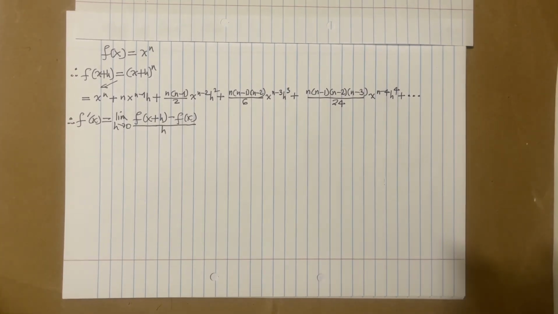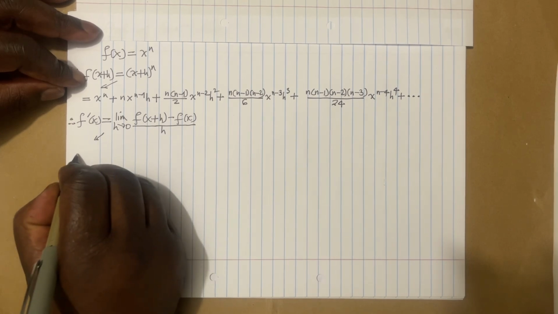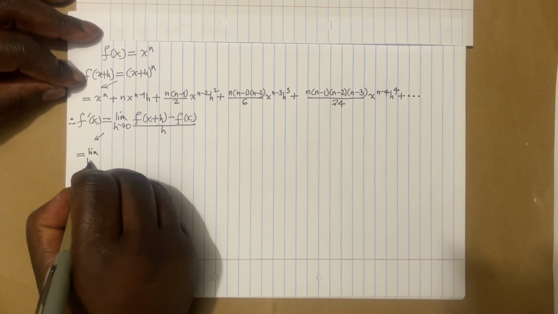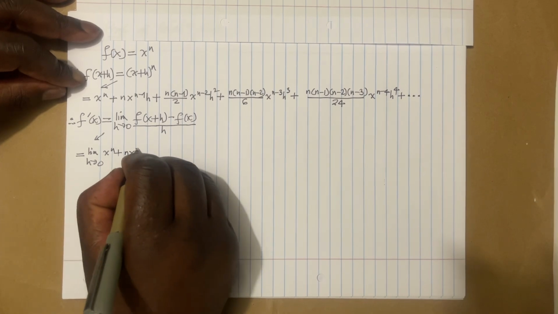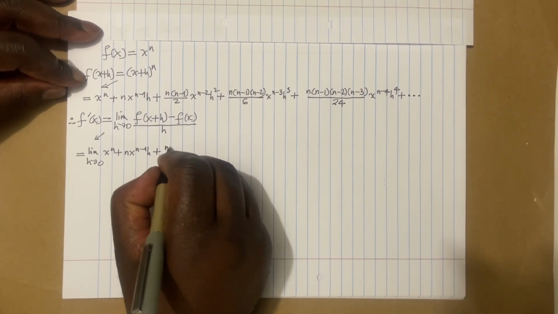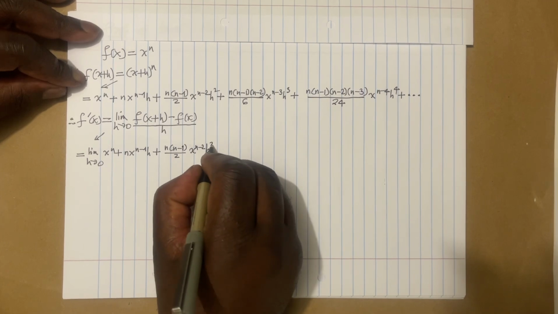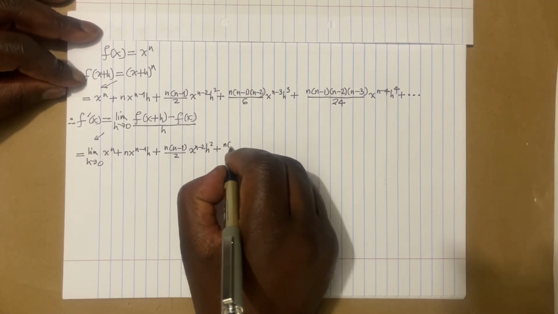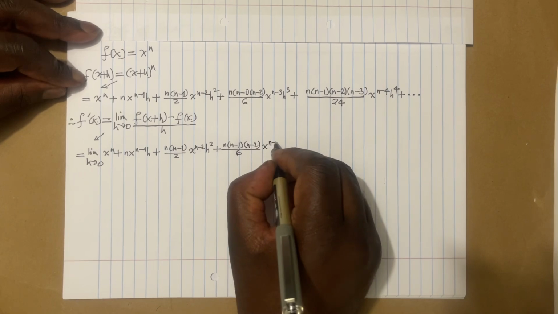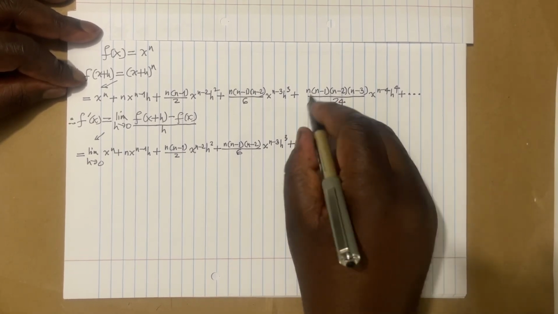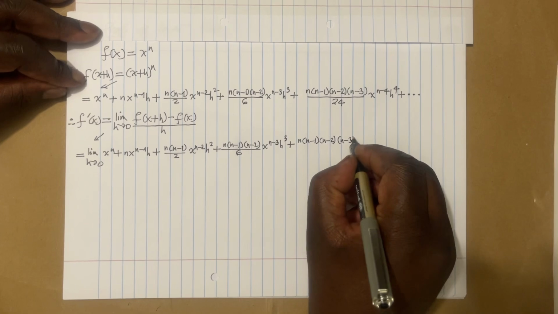Now, starting to write from the far left, just to make sure that we accommodate all the terms, I'm going to move back here and I'm going to say that is going to be equal to limit as h approaches 0, and I'm going to copy that expression here, of x power n plus n x power n minus 1 h plus n minus 1 over 2 x power n minus 2 h power 2 plus this term here now n minus 1 n minus 2 all over 6 x power n minus 3 h power 3 plus this part here, which is n minus 1 n minus 2 and then n minus 3 all over 24